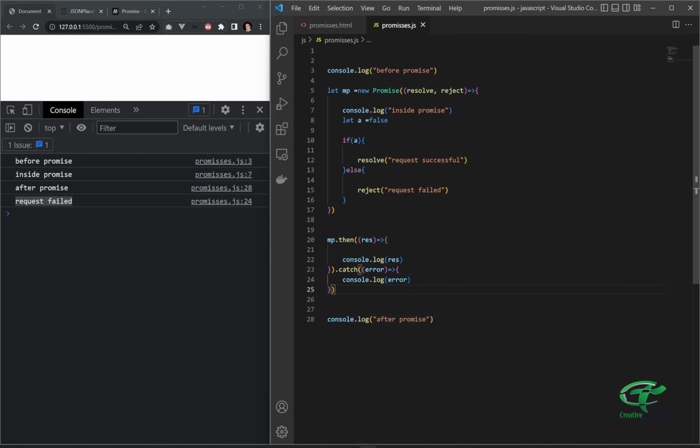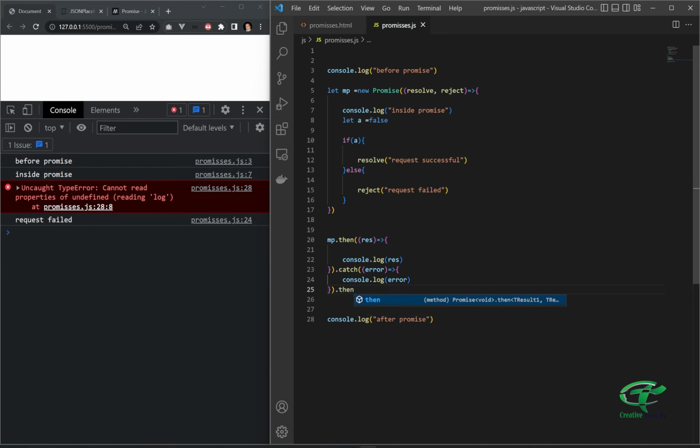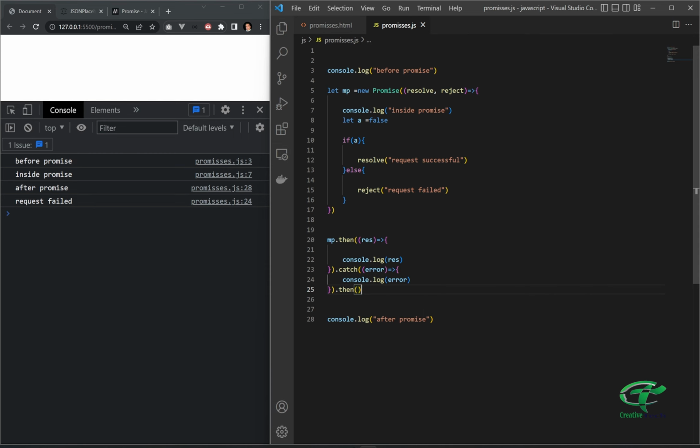So let's say we are sending the request to the server, then it will take some time, and after some time it will give us the response. So it will not wait for this response, and it will execute the after lines. So what we can do is we can do here dot then. So once the request is done, then we can do